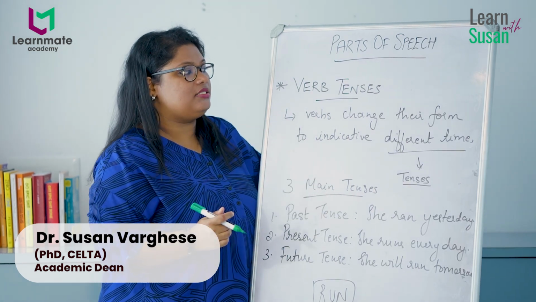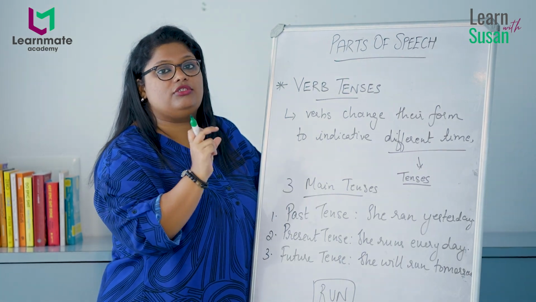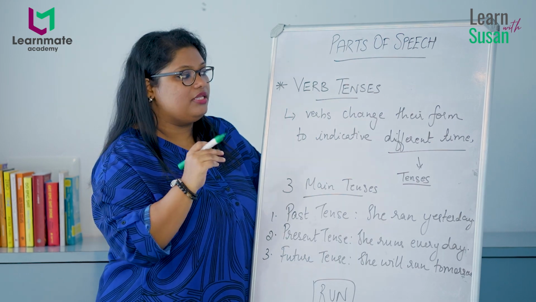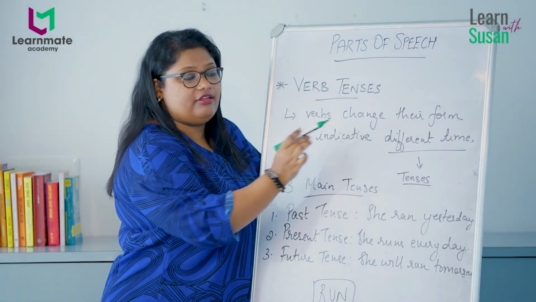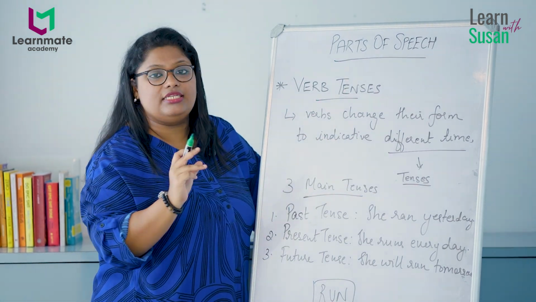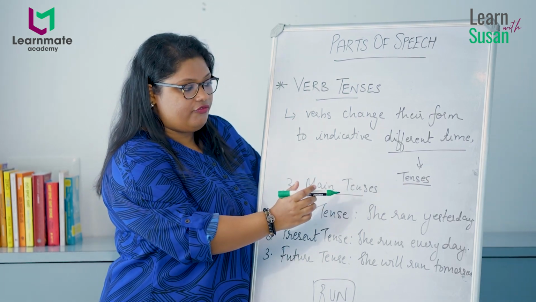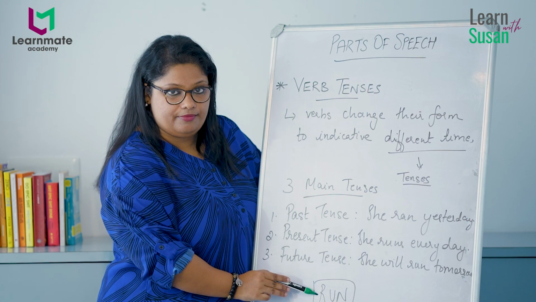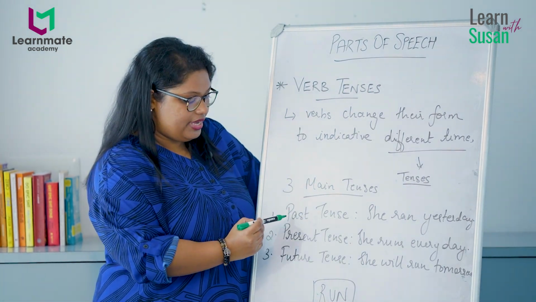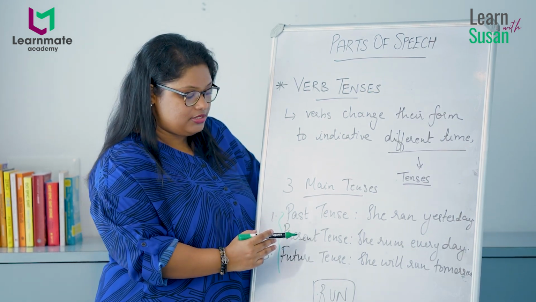Now verb tenses, what you need to understand is that verbs keep changing their form according to different contexts. When you ask me what tenses are, you can simply say tenses are different times. Verbs change their form to indicate different times. So to make your understanding easier, I have taken the verb run, and how you can put it in 3 different times. When you talk about tenses, you have 3 main types of tenses: past, present,